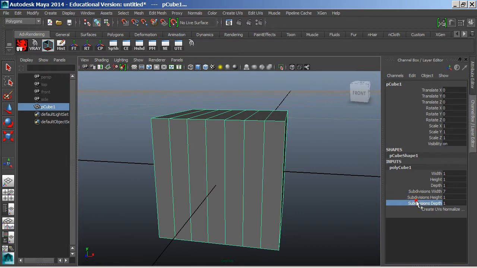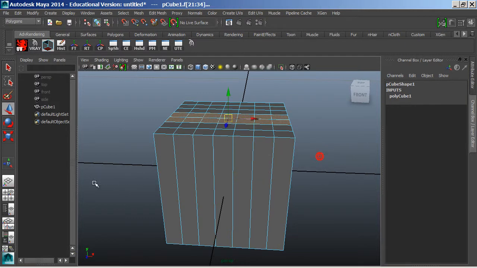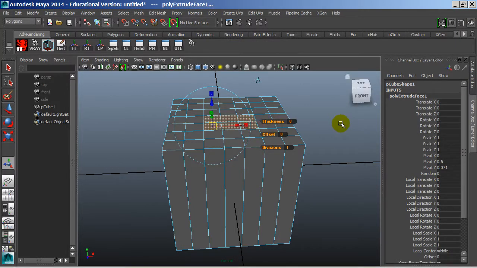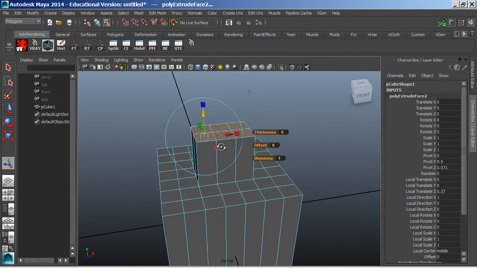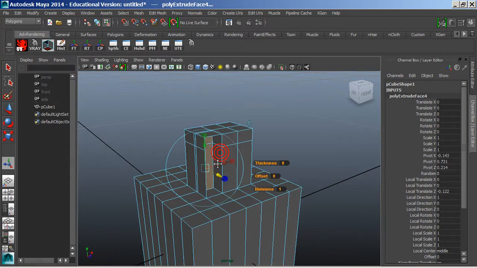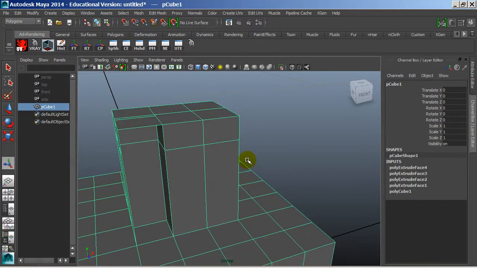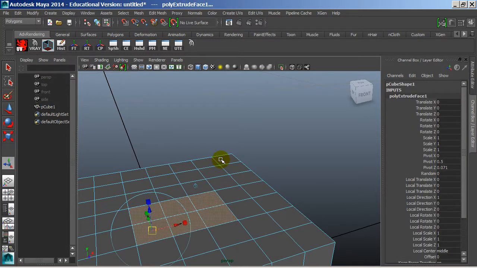Subdivisions here, subdivisions there, we go. So I'm just going to grab a chunk of these like this, and let's say I extrude this and then I don't move it, and then I click them again and I extrude that and I pull it up, and then I extrude it and pull it up, and then I try to do something to this, and then I start getting this really funky behavior here where this isn't supposed to be there, and it just doesn't really match what it's supposed to do, okay? So you will start to see this kind of thing happen, and if you can do it, the easiest thing to do is just undo until you get back to just having the one extrude